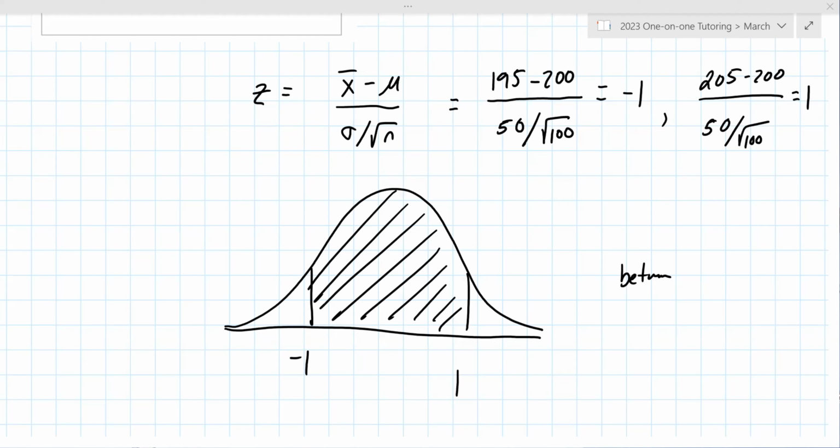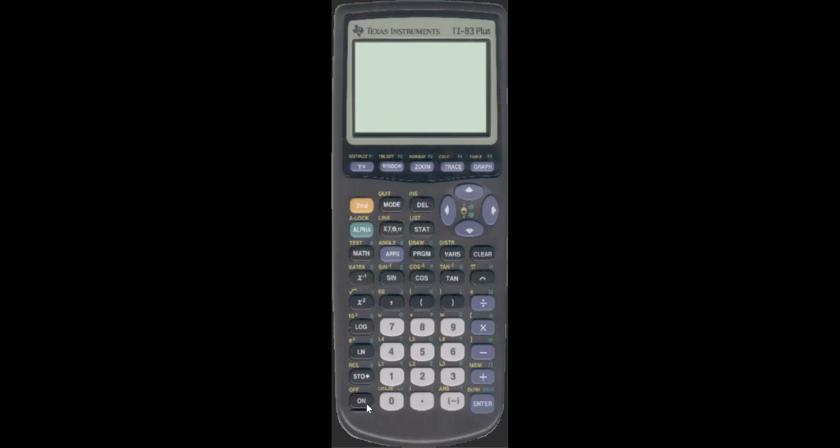All right, so let me new share, get that going here. Okay, so I've got a virtual TI-83 that you should be seeing now. You want to turn it on and then go to